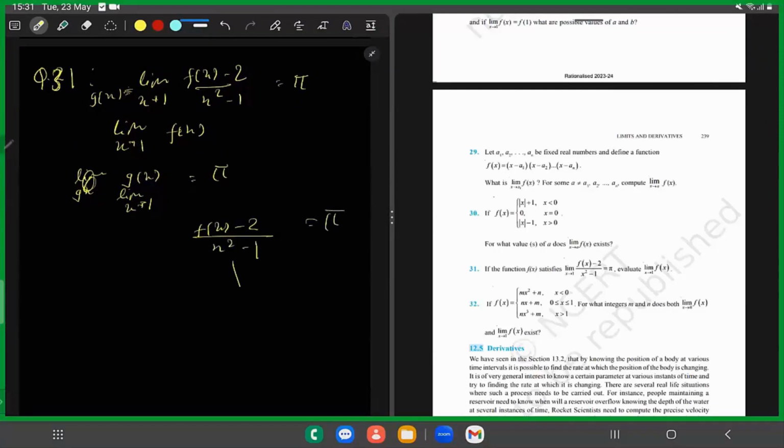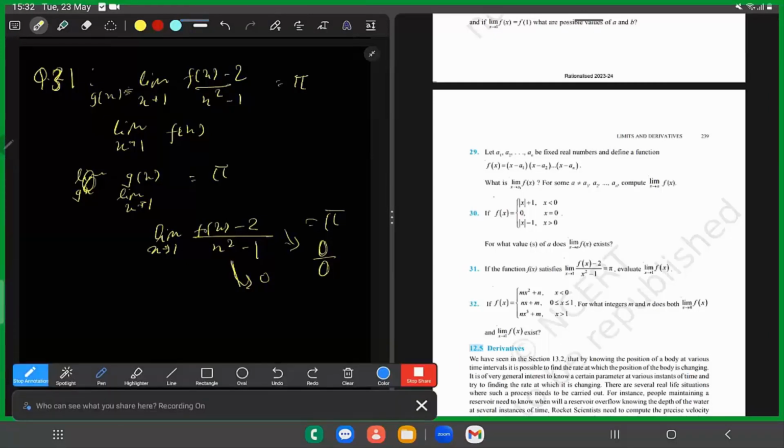As you can observe, as x tends to 1, the denominator is tending to 0. So for this to act as some finite limit, this should be some form of 0 by 0, because if this value doesn't tend to 0,